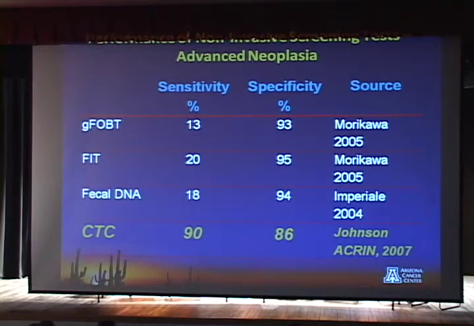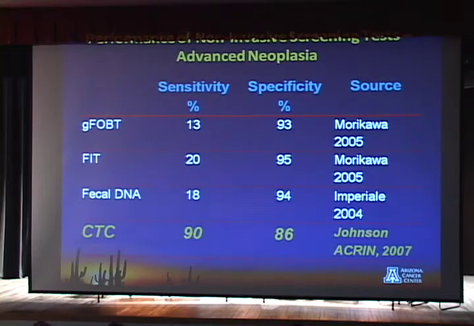And again, I don't want to bother you with the numbers here, but when we start checking out the performance characteristics, we use a thing called sensitivity. Sensitivity basically means if you have the condition, what is the likelihood that you would get a positive test, whatever the test might be? So if you have a lump in your chest, you'd want a chest x-ray procedure that would have 100% sensitivity. That means that every case of whatever it was in the chest would show up positive. Because you want a test with 100%